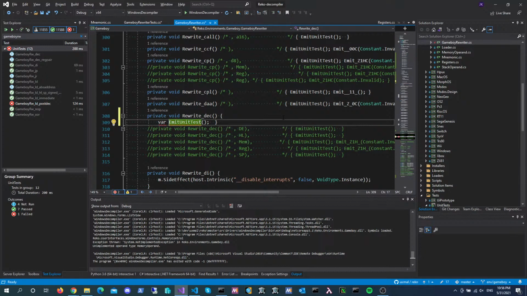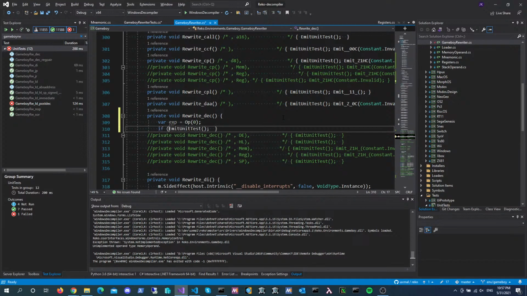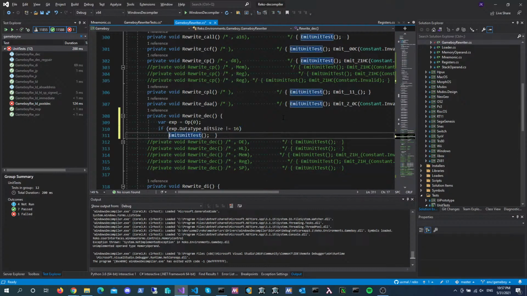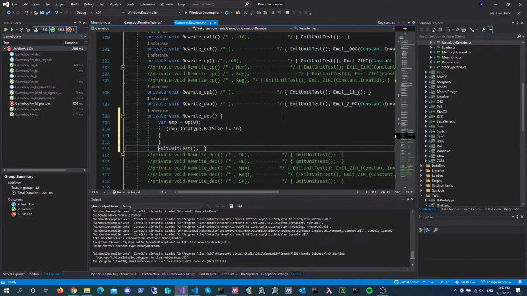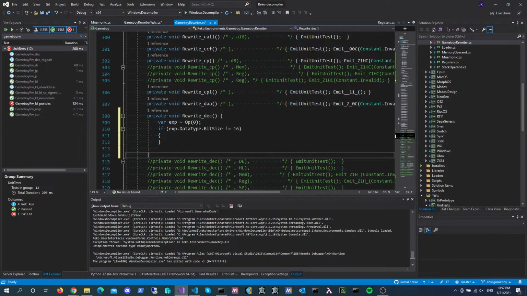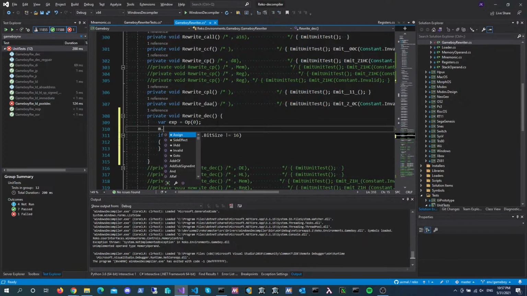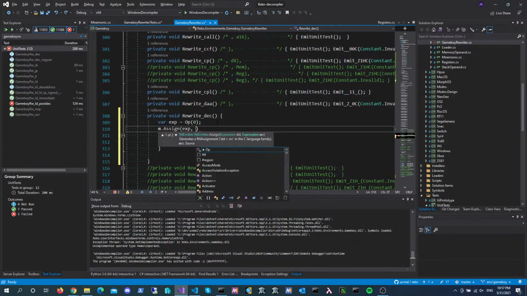That's the operand rewritten. And if the operand is 16-bit, so if exp.datatype bit size is 16, then actually when it's not 16, then we will set the flags after the decrement. Otherwise, we're good. So we tell the emitter, please assign to exp the result of subtracting